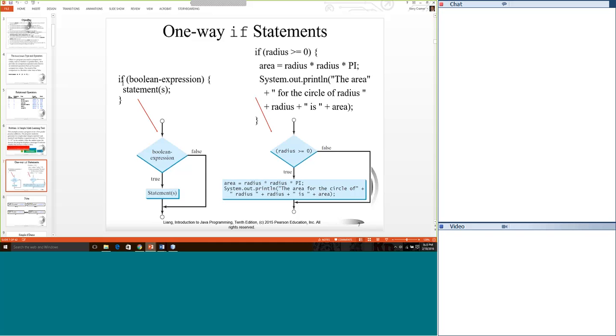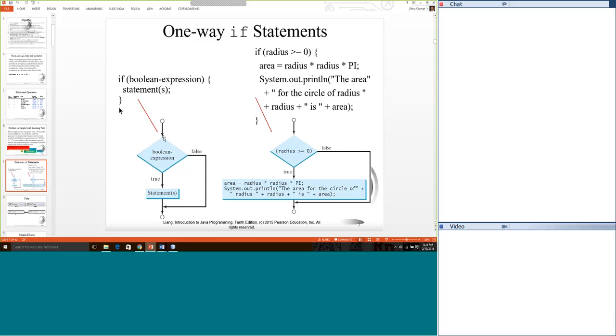If it is true, the code inside this curly brace and this curly brace will get executed. If the Boolean expression is false, then it's going to skip over this block of code and execute the next instruction or next block of code.